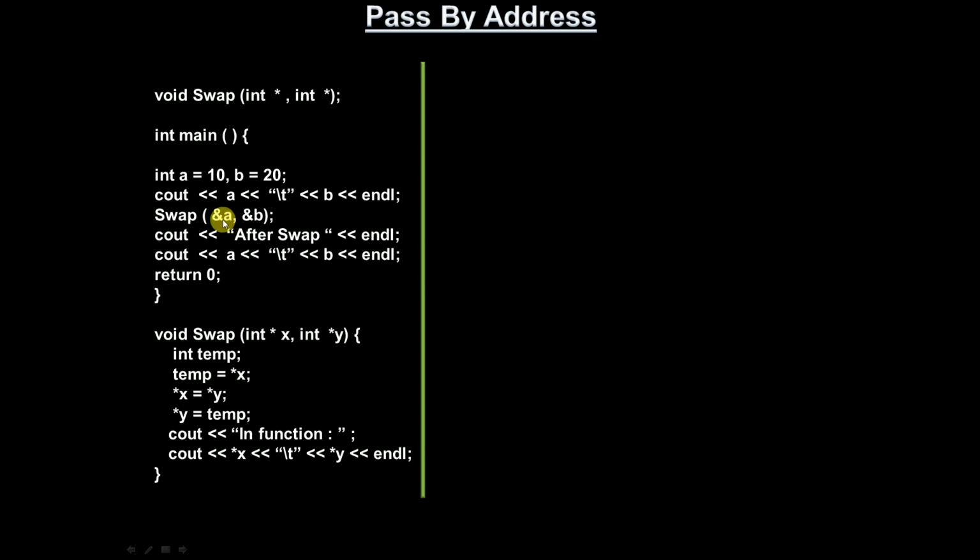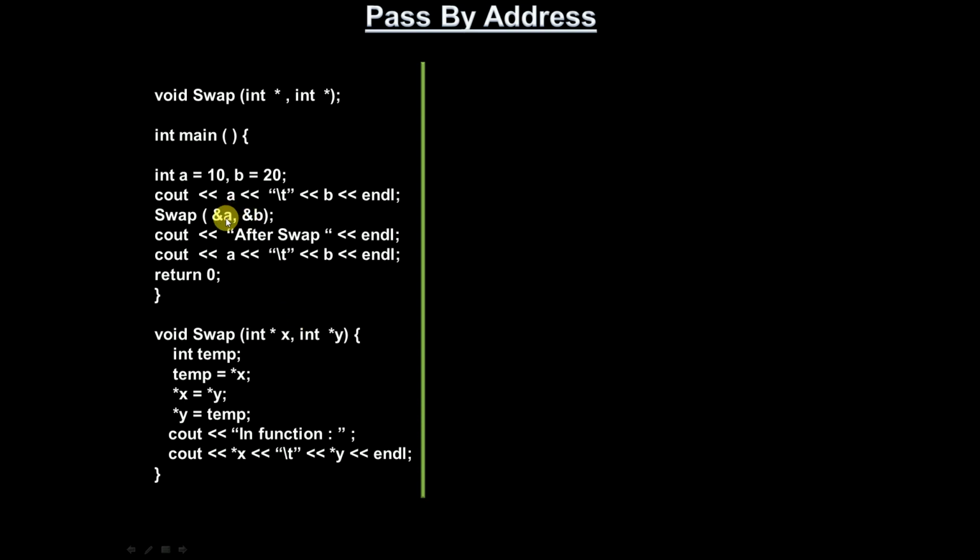In pass by value we are not passing address of A and address of B, and we are not keeping star; we took int x, int y. But here we have to take the pointer syntax. Previously, whatever value A had was copied to x, and the same size was allocated to x in pass by value.